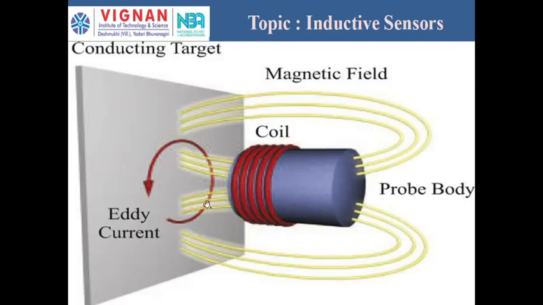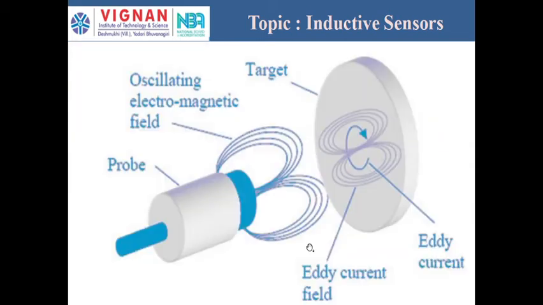This is another procedure. The coil which is surrounding the probe, when it is energized with some alternating current and placed near the conducting plate, some eddy currents are produced. That can induce some EMF on their own, which can oppose this flux, and that can reduce the inductance, or reduce the impedance of the coil, which in turn reduces the magnetic field as well as the EMF induced. So all of these are almost the same.